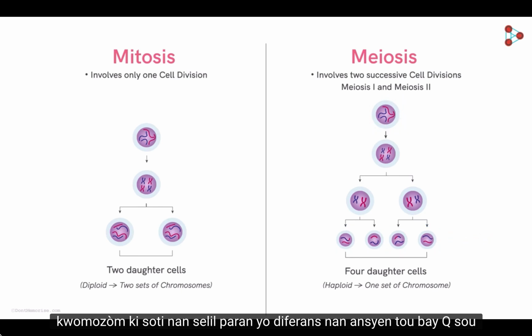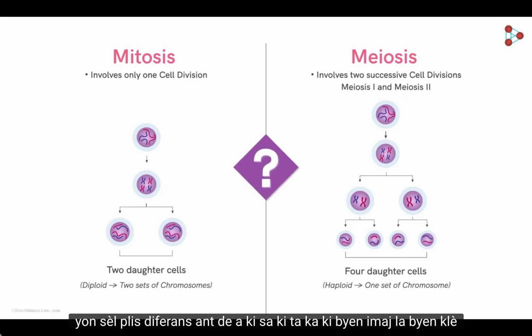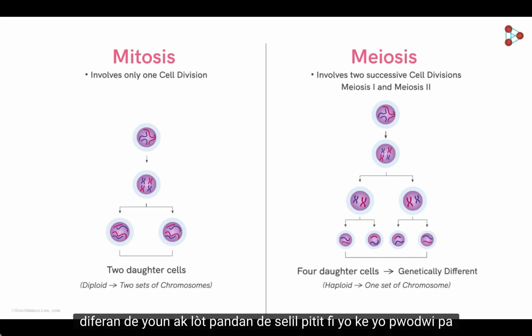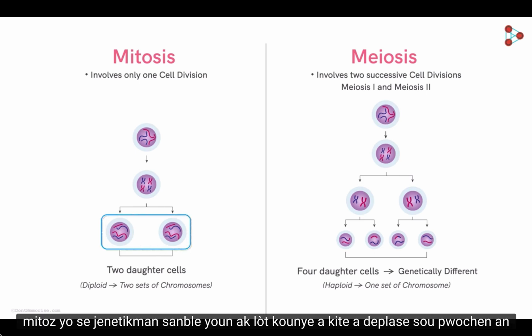The former difference also gives a cue about one more difference between the two. What could that be? Well, the image clearly depicts that all the 4 daughter cells produced by meiosis are genetically different from each other, while the 2 daughter cells that are produced by mitosis are genetically similar to each other. Now let's move